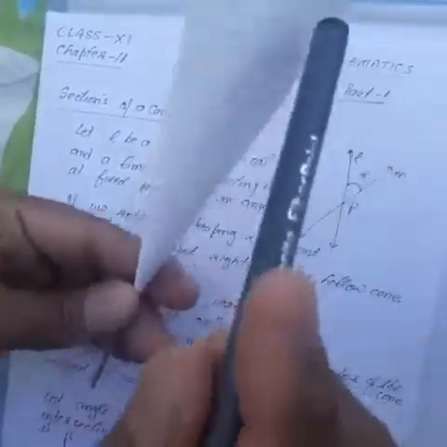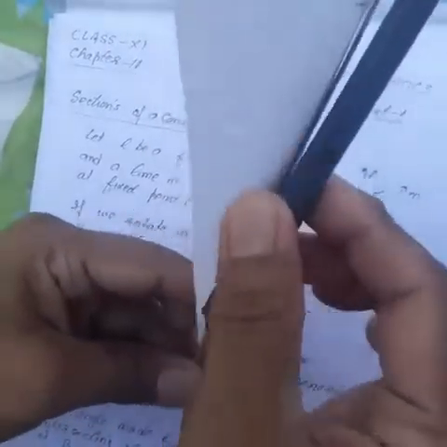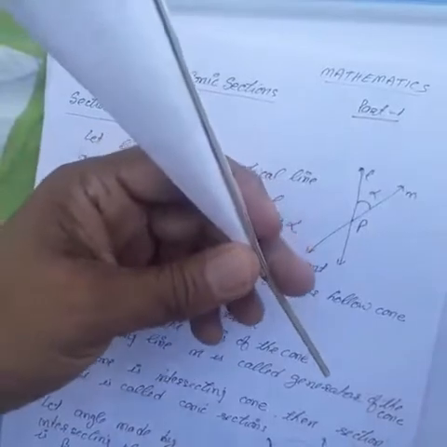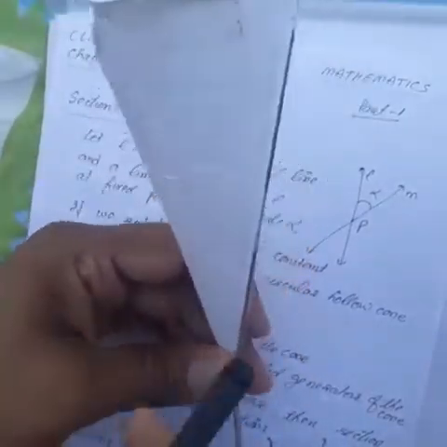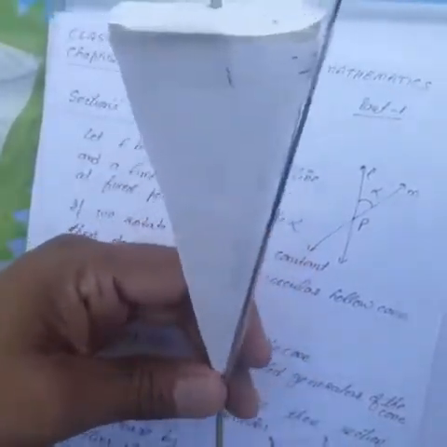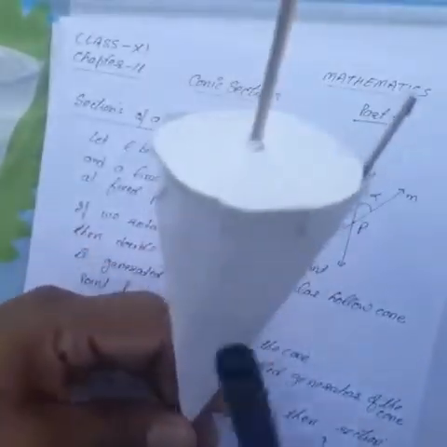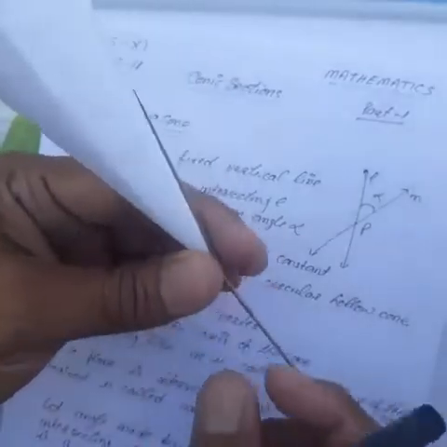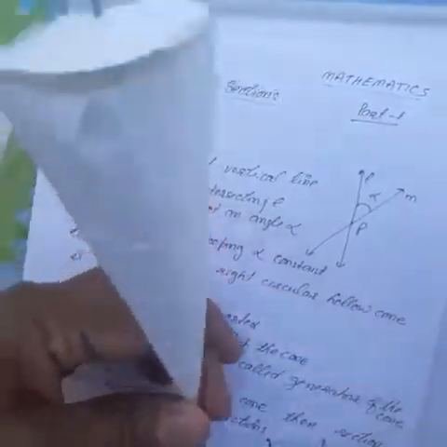So this is a fixed line whose equation is L, a vertical line, and this second line is inclined to it. You can extend this line on the other side, so two inverted cones will be generated. I prepared only one. This is the inclined line, and if you start revolving it, this type of cone will be generated. One cone will be on this side, an inverted cone.